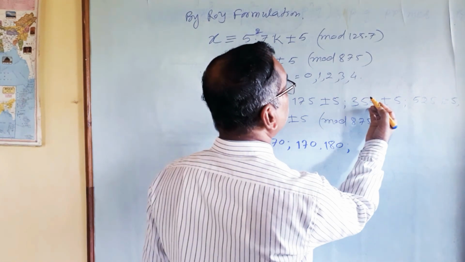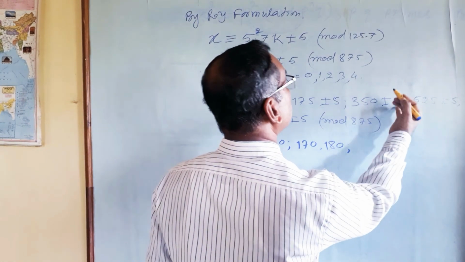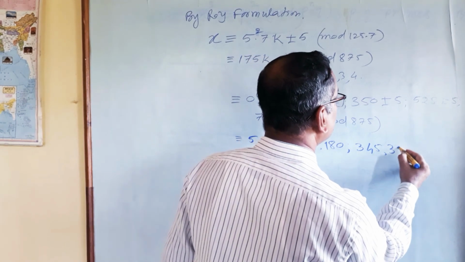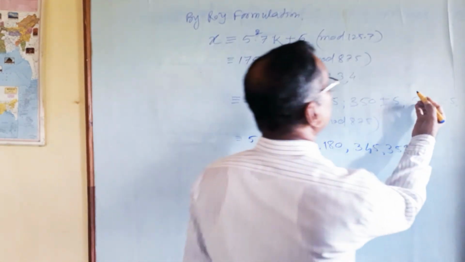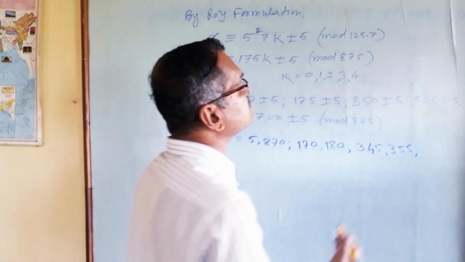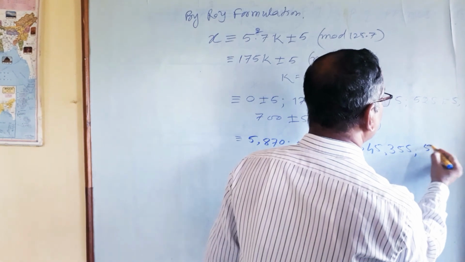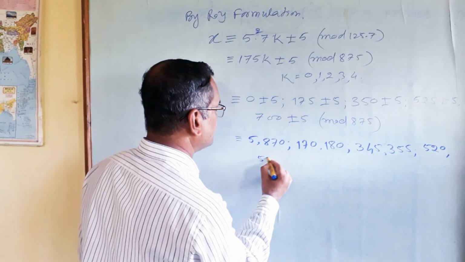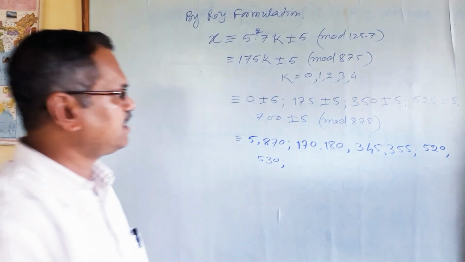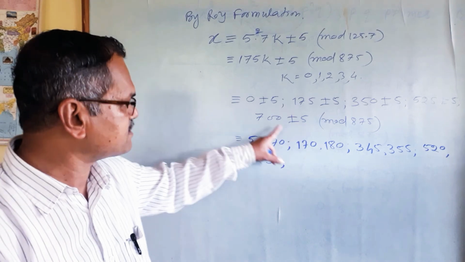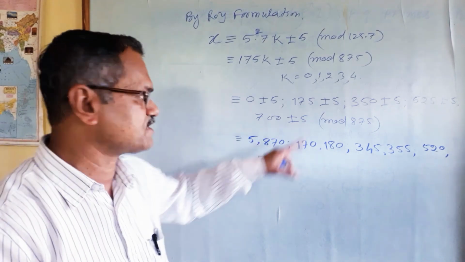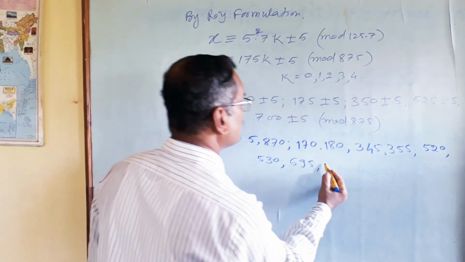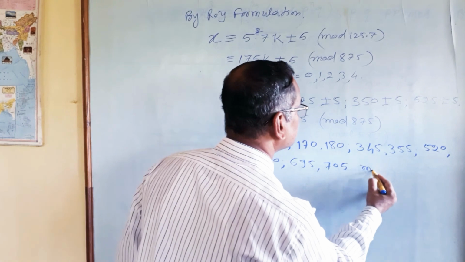Then 350 minus 5 and 350 plus 5, that is 345 and 355. And here it is 525 plus minus 5 means 525 minus 5 means 520 and 525 plus 5 means 530. And the last one is 700 plus minus 5 means 700 minus 5 and 700 plus 5. Then 700 minus 5 means 695 and 700 plus 5 means 705 mod